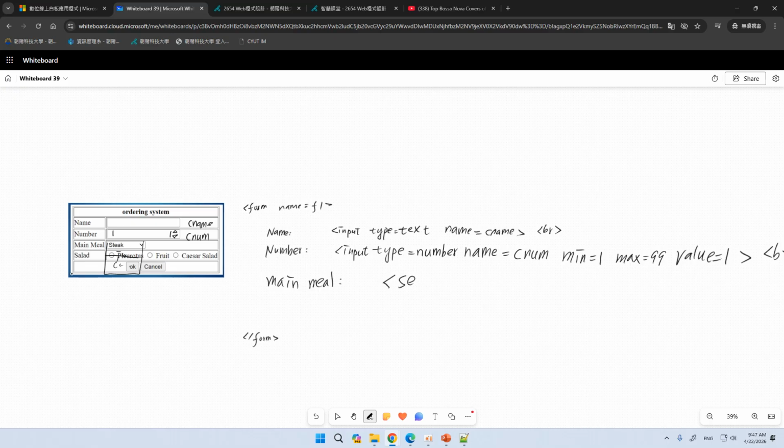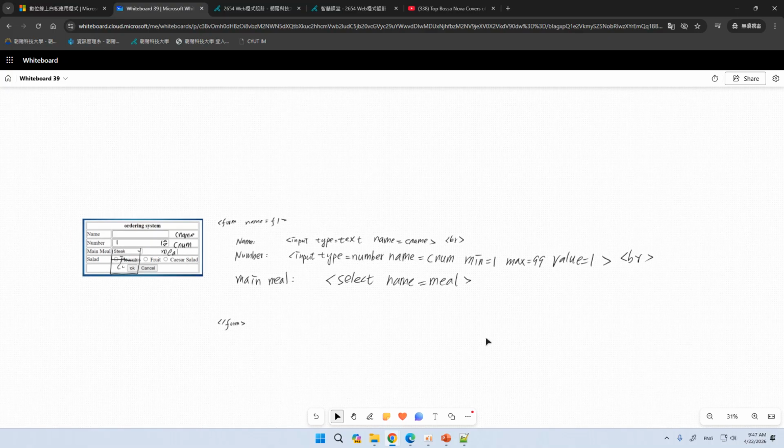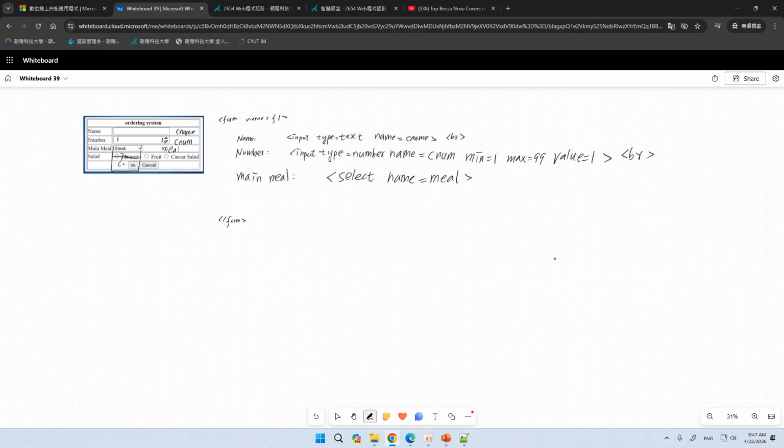Select starts from select, SELECT, and this one also has a name because this one is a meal, so I will give a meal for this field. So give a name. In this field, I will give meal, and select start is ended by /select, and every item inside the select is called option, OPTION,